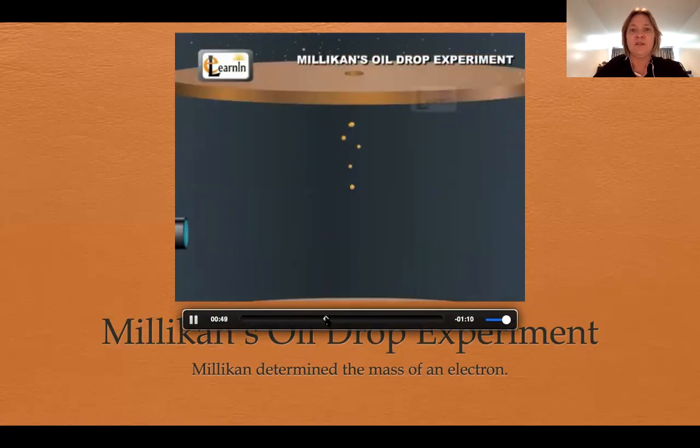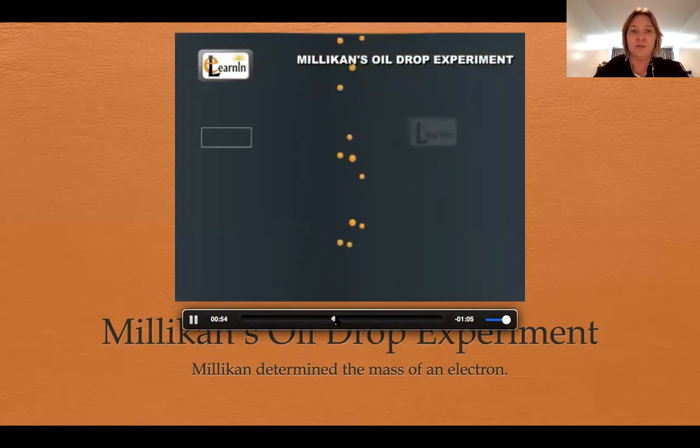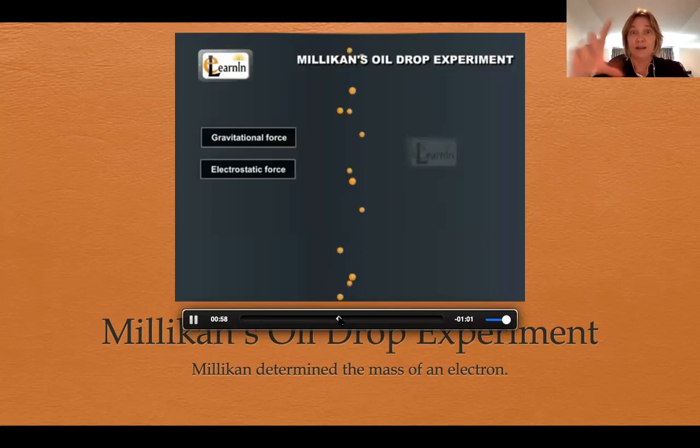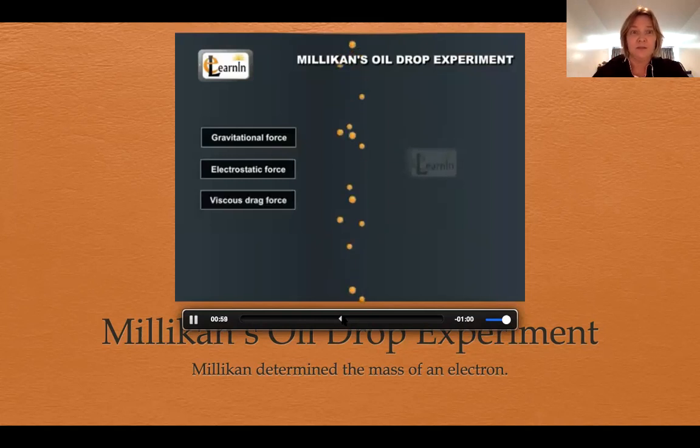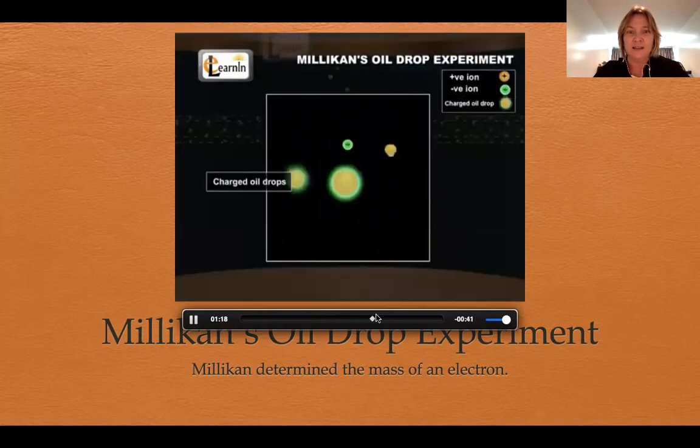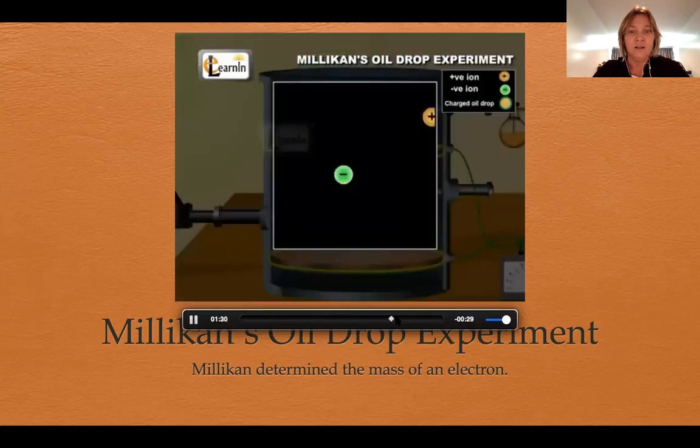Because of three different forces, we have gravitational force, so they just fall because of gravity. You also have electrostatic force because there are magnetic plates on the top and the bottom, and something called viscous drag force. Viscosity is the thickness of a liquid. So basically, if you have a thick liquid, it will fall... no, it won't fall the same. I don't know. Anyway, like I said, it's complicated, and then they ionized it using X-rays,